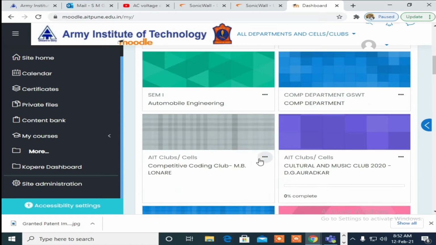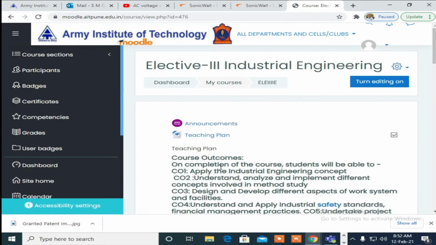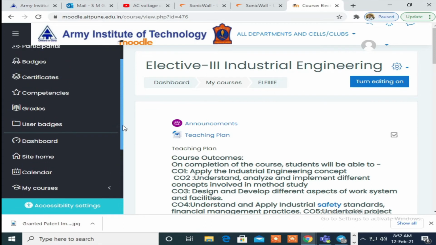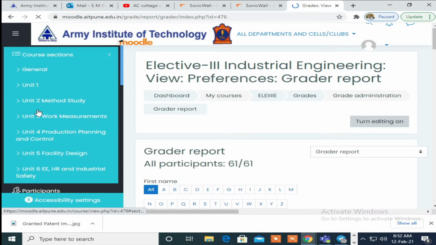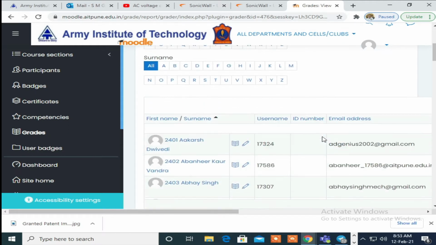For that purpose I have already logged in to my Moodle account, and after logging in I need to go to my subject. Yes, it is industrial engineering, and then I need to click on gradebook. So grade setting, grades, and turn editing on.